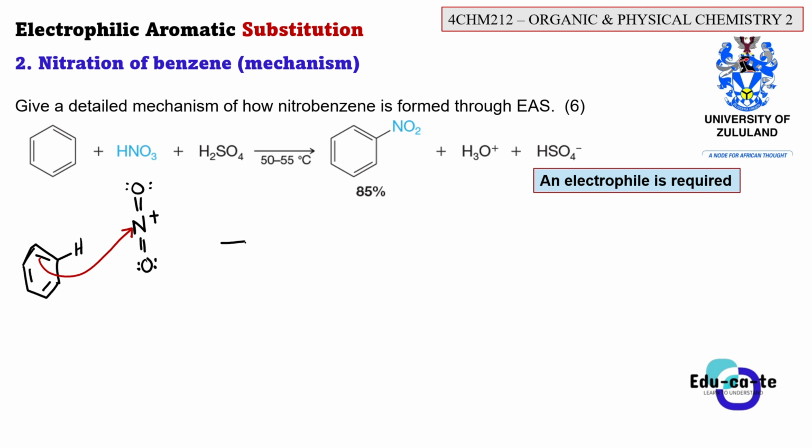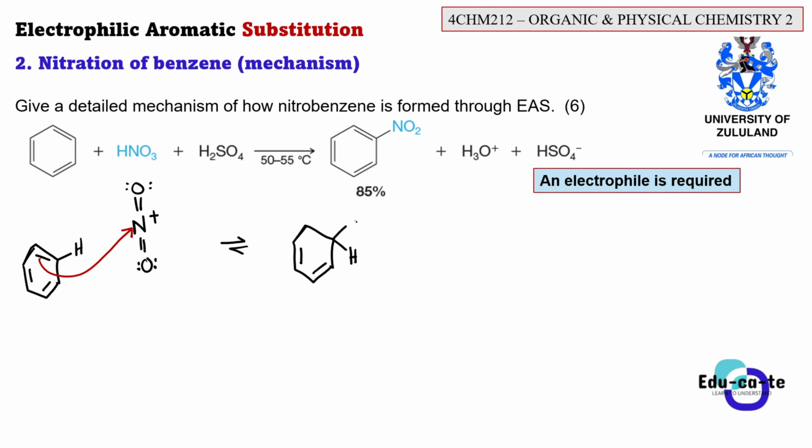So the result will be a benzene ring, and now we're having a double bond here, a double bond here, but this one will not have a double bond anymore. Remember that we have broken the double bond here, so I won't draw the double bond anymore, chemistry students. Here at this point, the hydrogen is still there. It doesn't just fade away, but we're now having an NO2 group, our nitro group.